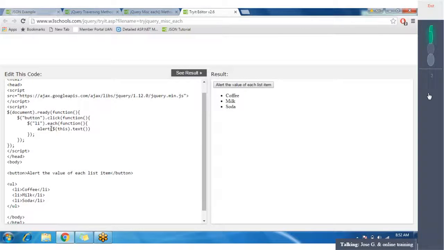So here what I'm doing, I'm having the selector. Then I'm writing the each method function name here. So it will iterate through all the list items, then this is the normal syntax, and inside that each method I am showing the alert box. So this will contain the current list item, and I'm getting the text of that current list item. So this each method will be needed.